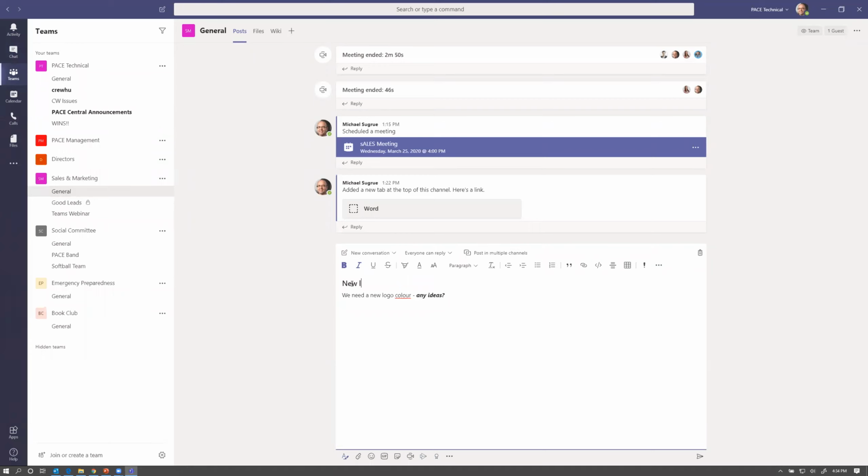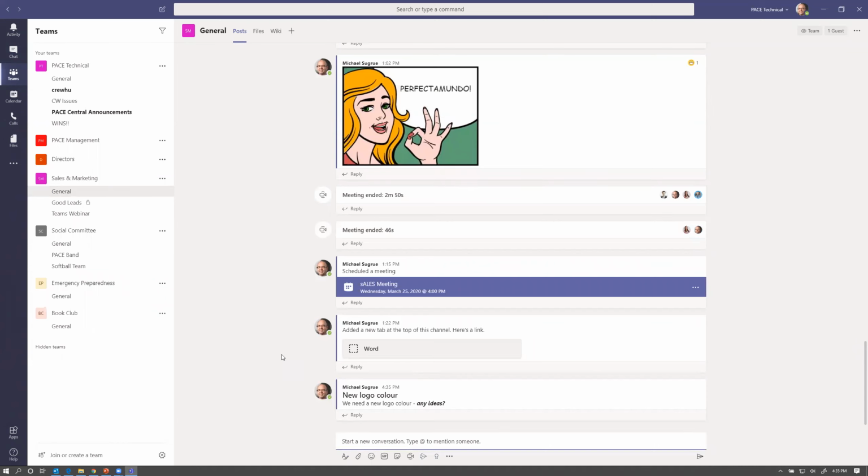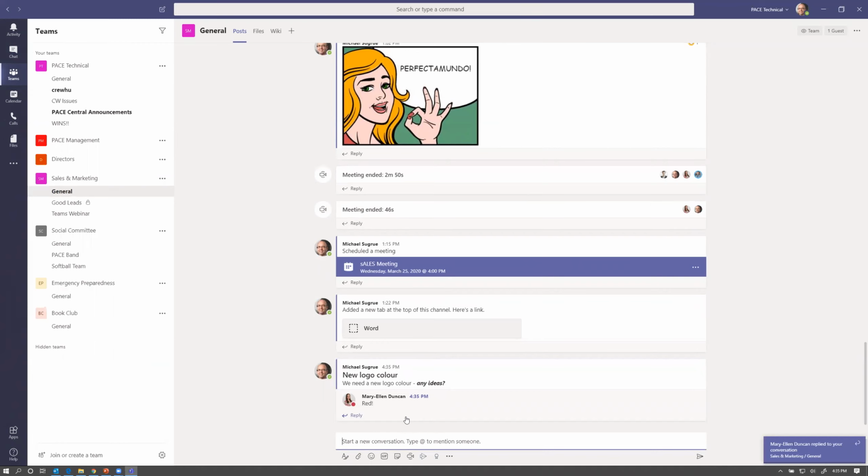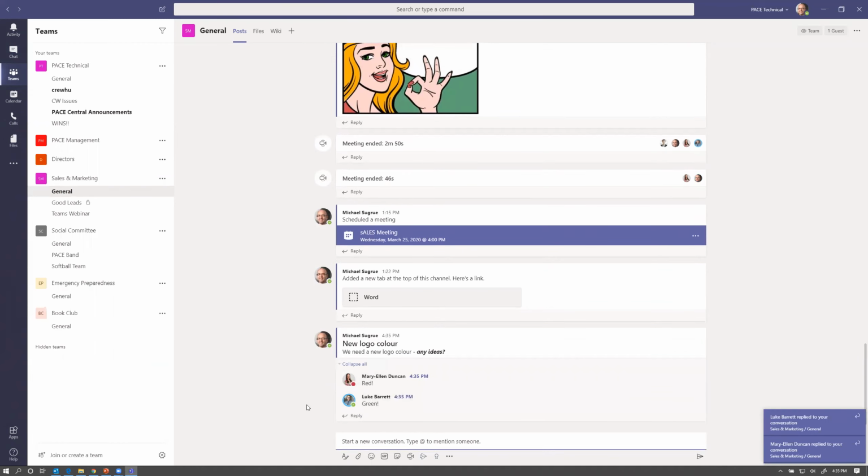So I'm going to call it new logo color, and I'm going to hit send. And now this is going to go out as a new thread, and my teammates in this channel, there they go, are already going to start responding with their ideas. So best practice here is that you use the reply button once a new thread is started. It keeps all the correspondence and information nice and neat and tidy just under this one category. And I can even reply to it and say,